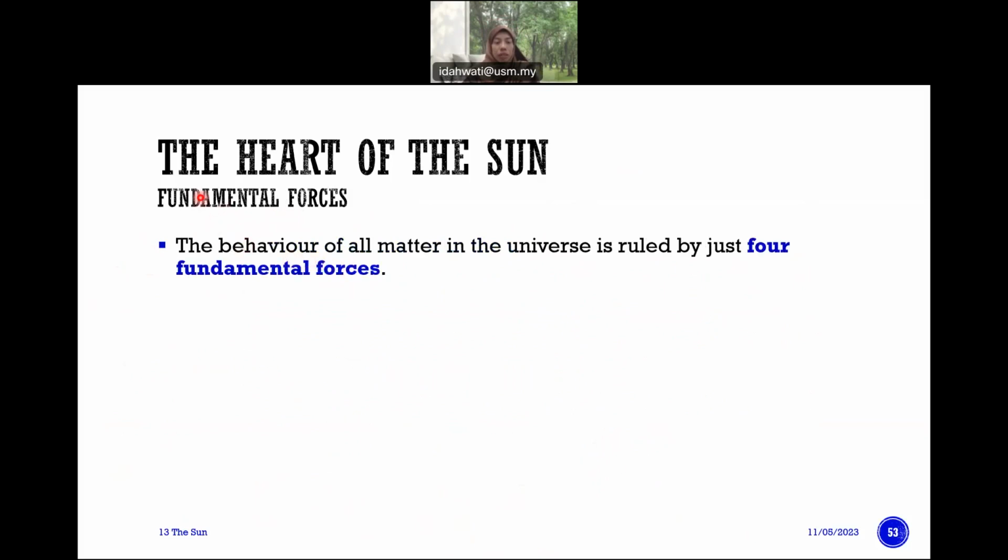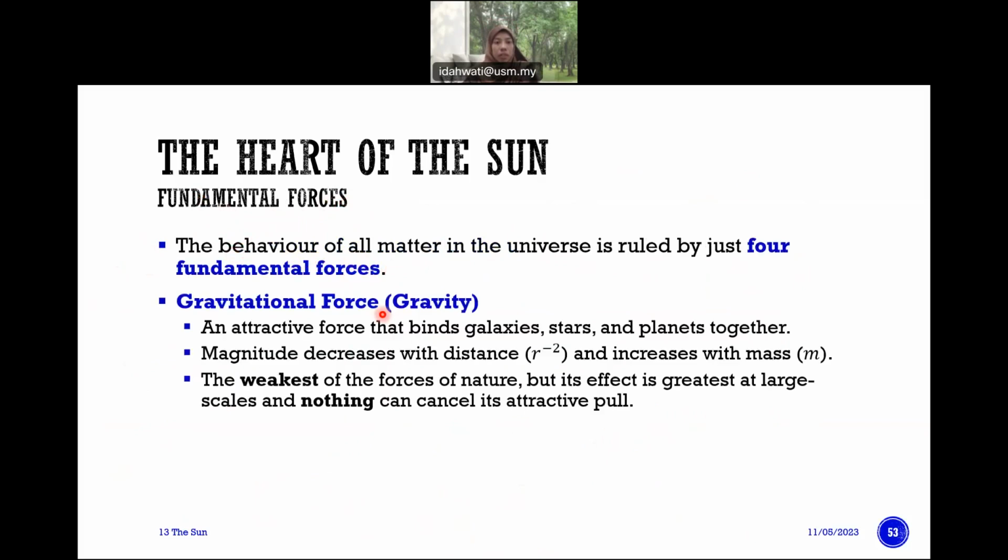Okay, so the behavior of the four fundamental forces. First one is the gravitational force, about gravity. The attractive force that binds galaxies, stars, and planets together. Its magnitude decreases with distance and increases with mass. It is the weakest of the forces of nature, but its effect is greatest at large scale, and nothing can cancel